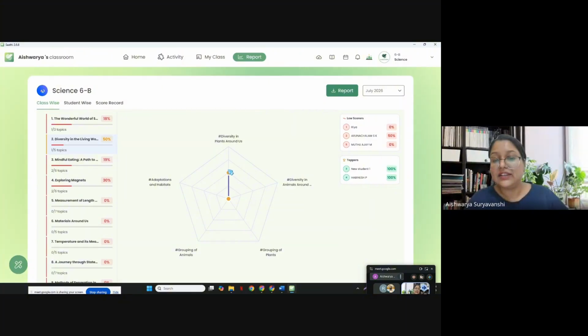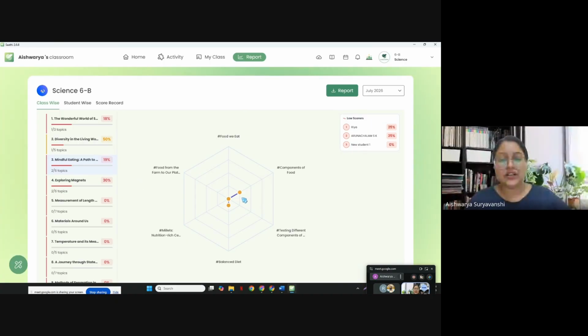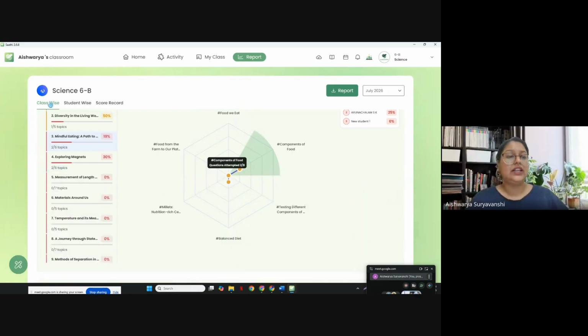Now, this line represents that I have started taking assessment on this particular concept, and as of now, I've completed 5 questions, right? And out of these 5 questions, these are the low scoring students and these are the toppers who have scored high marks. So you not only understand how the chapter wise progress is going on, but you also understand what you have done on the topic wise level. Okay, so that is how the spider chart works. You simply click on the dot and you'll be able to see what the outcomes are, and you can see which students need support on that topic. All right, so that was our class wise report.